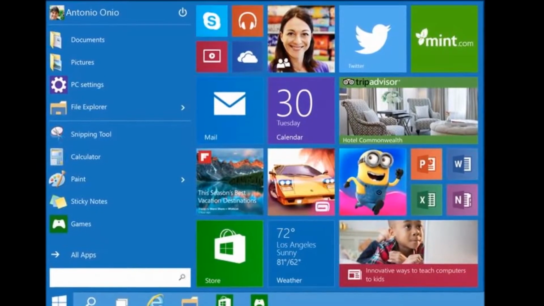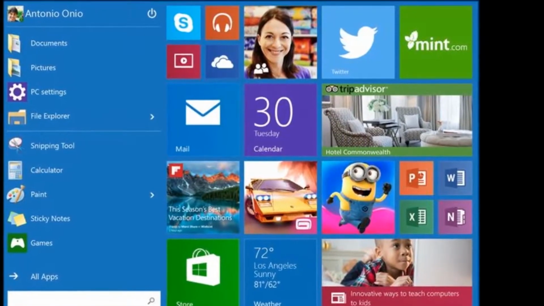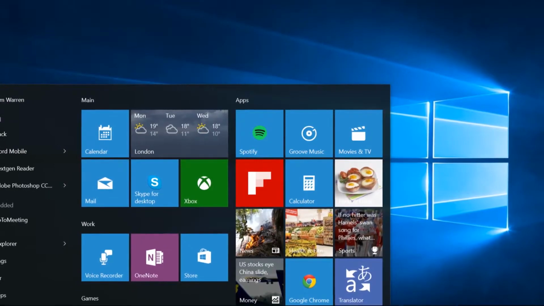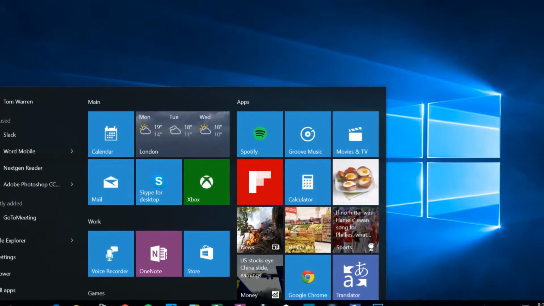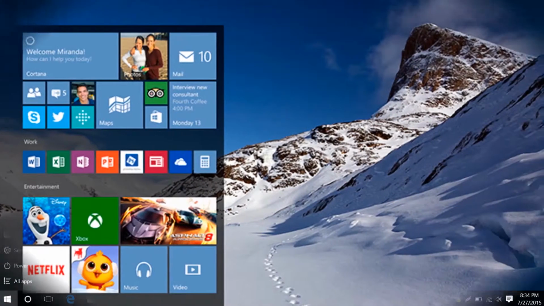Yes, the Start menu is back. Yes, there are virtual desktops. No, the Charms bar hasn't gone away. And no, we don't know when Windows 10 will ship or what it will cost. But we've seen the technical preview of Windows 10 and the word to bear in mind for this release is